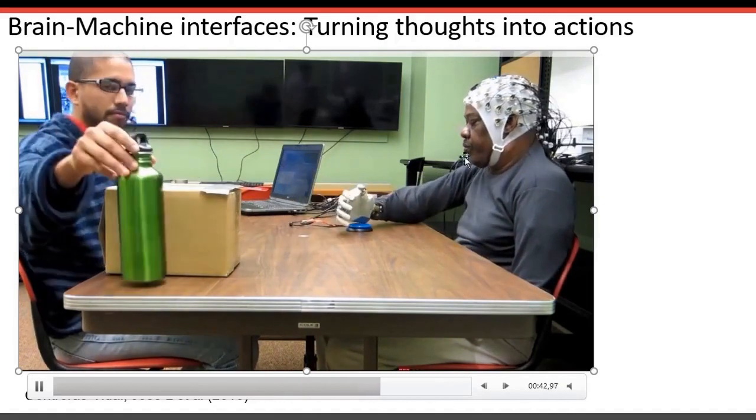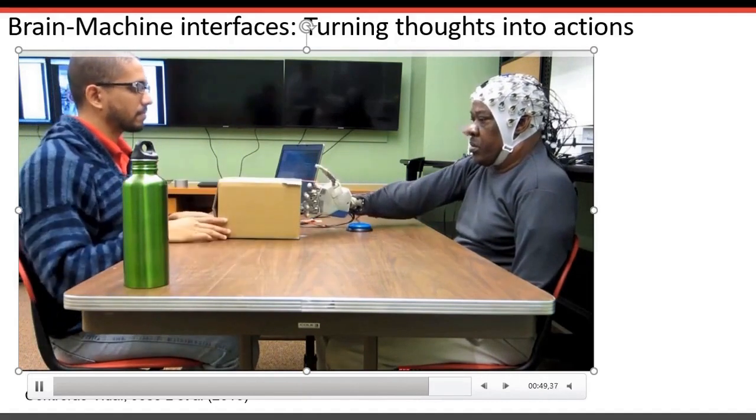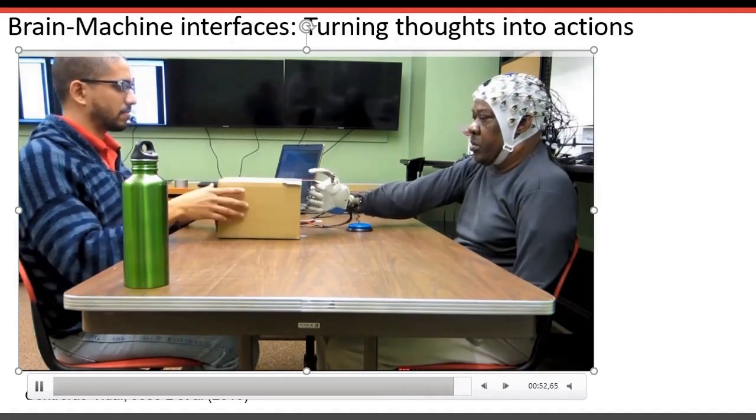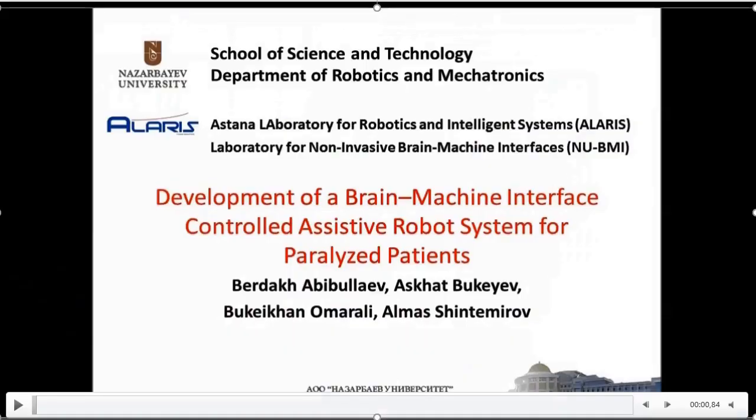And you can see here the usefulness of this technology. The brain-machine interface, along with robotic research, can help us restore the motor function of people who may have paralysis or who have lost their motor functions, using external prosthetic arms. Let's take a look at another example of a non-invasive brain-machine interface that can be used to control a robotic device.